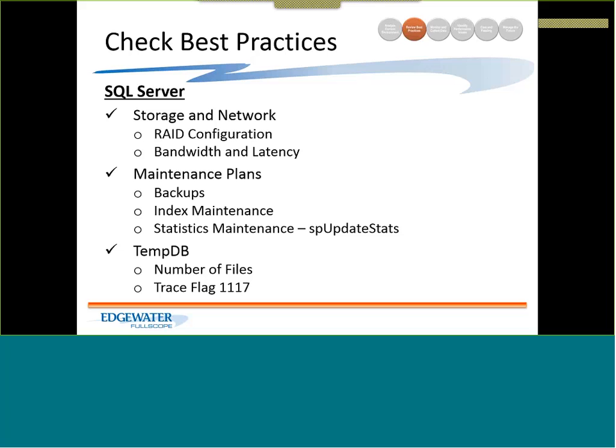What you do on the TempDB is that if you have a database server that has 8 processors on the server, you should be creating 8 separate files for the TempDB data file, and you configure each of those files to be exactly the same size. Turn on trace flag 1117 to try to keep them the same size,